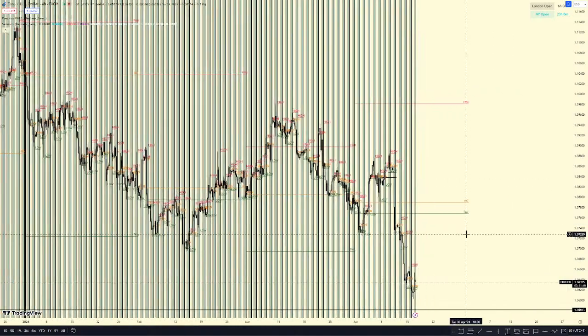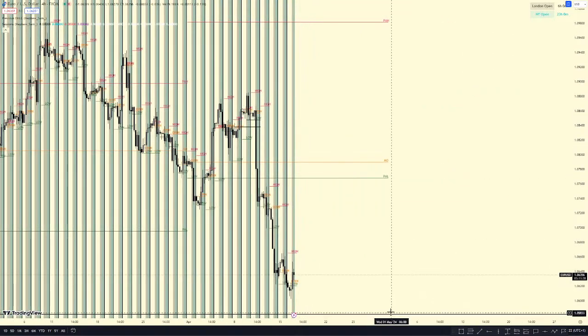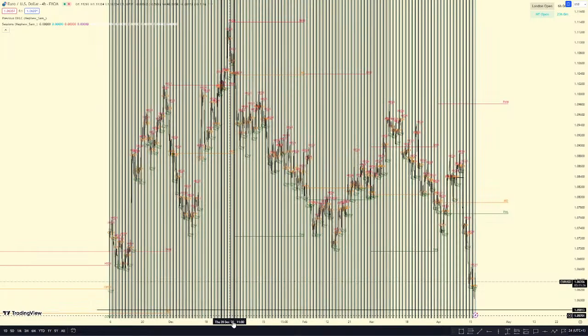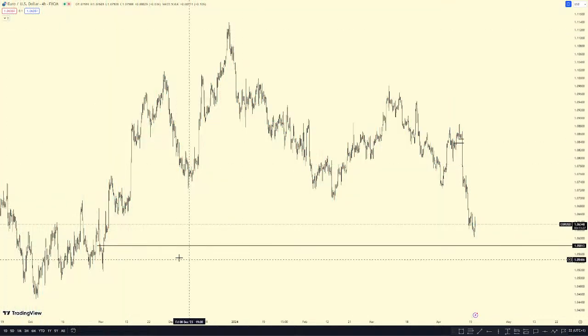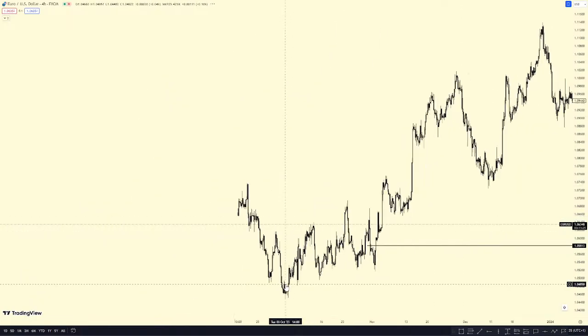Yeah, you see this level here, this level that I marked here, and this is why I don't like putting all this daily stuff on my chart. It's because I'm teaching you guys, that's why I'm putting all these things. Normally, I don't use them. I'm just putting them for annotation. Yeah, good. So this is another prime here.